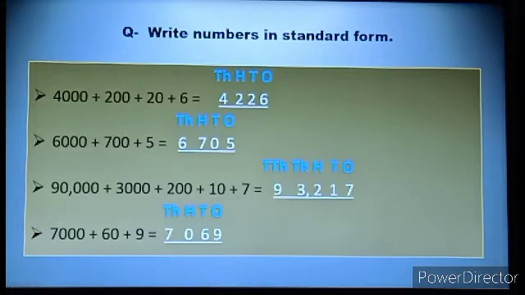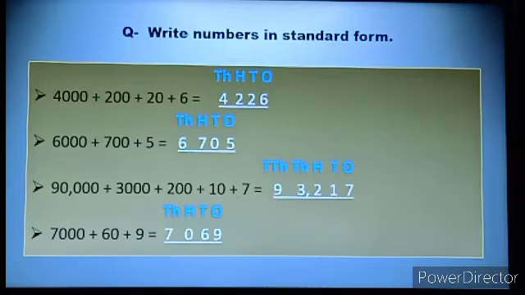The same way in the next example, 6000 plus 700 plus 5. This also starts from 4 digits. So on the 1000 place you write 6, on the 100 place you write 7, then it says plus 5. There is no number on the tens place, so in the tens place you write 0 and in the ones place you write 5. So the number becomes